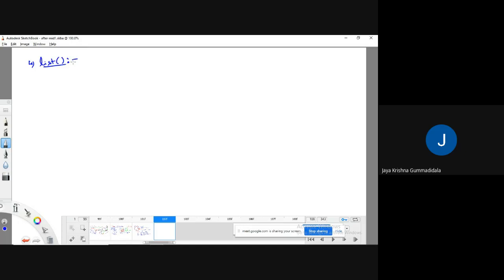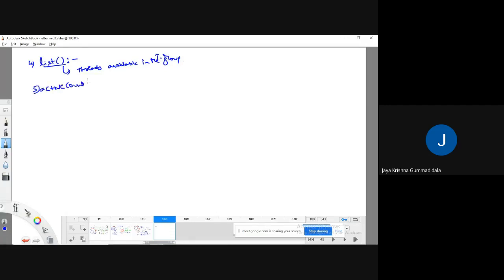I mean, it is going to display what threads are available in the thread group. The threads available in the thread group are displayed by the list method.